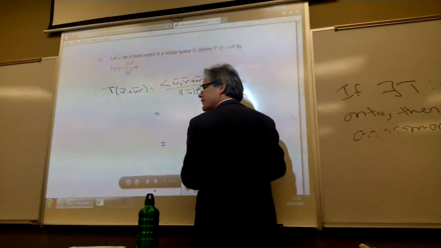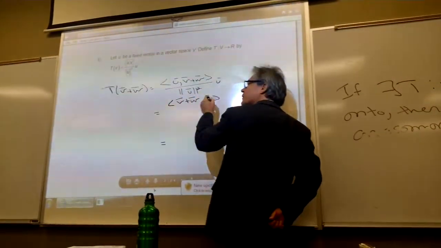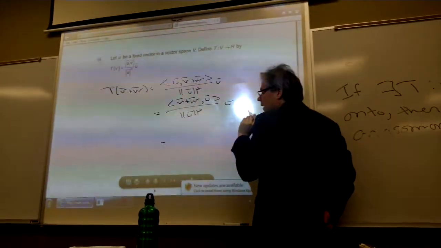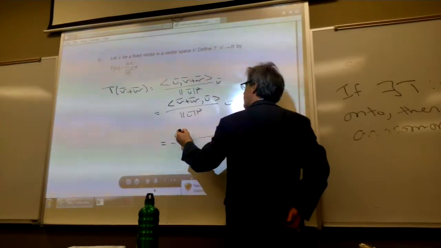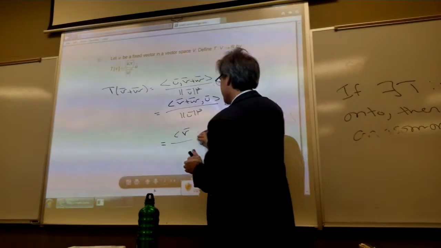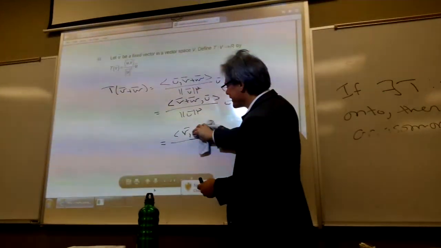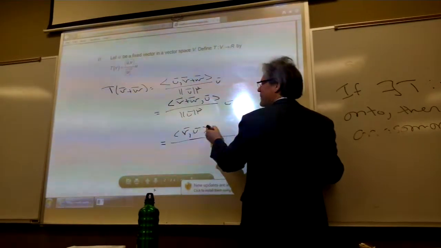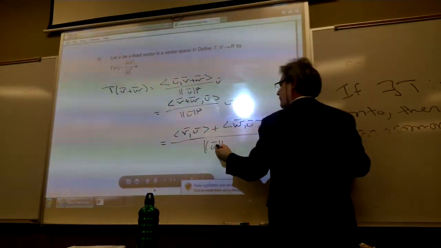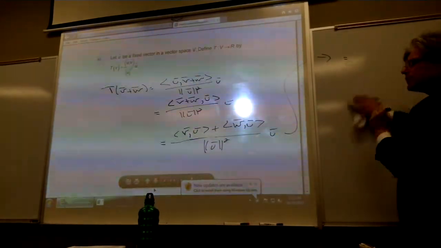So I guess what I really meant to say was this. I've got V bar plus W bar inner product with U bar, since inner products commute. Now I've got the mathematical legal right to separate. To separate correctly, by the way. To continue to separate correctly, I'll get there. But this is the same thing as